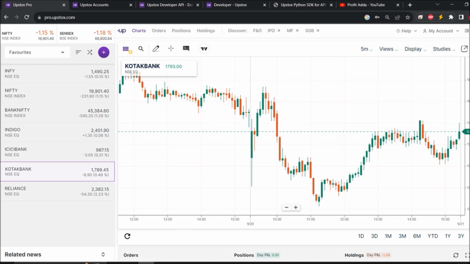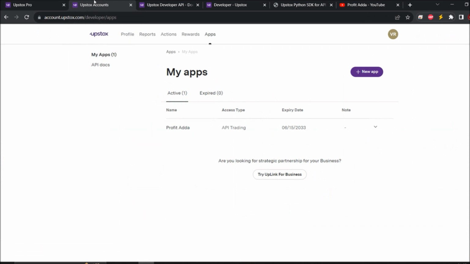So today I'm going to talk about how you can automate your trades in Upstox utilizing the Upstox free API, and in this video I'm going to show you how to generate an access token. For this, I must say that you should have an account. And the second thing is the URL which you need to follow is